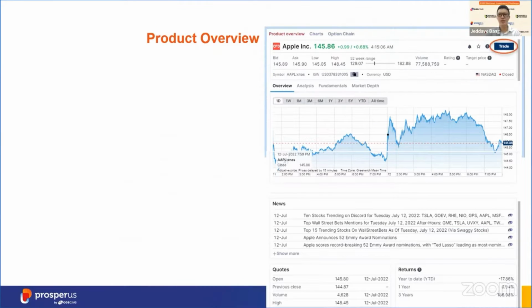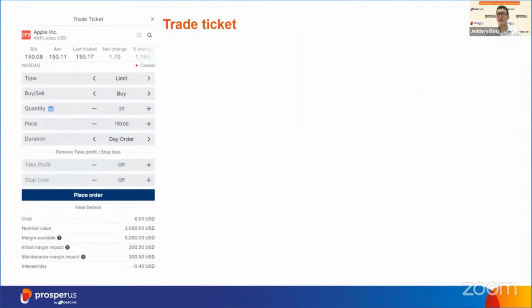Lastly, this trade button is for you to execute and buy and sell. So next, from that trade button, when you click it, I'm going to bring you through what you will see, which is this trade ticket. This trade ticket is going to be, again, quite simple. All you need to do is execute your buy and sell, set your price and so forth. But some of the very basic breakdown of this trade ticket is that you can see on